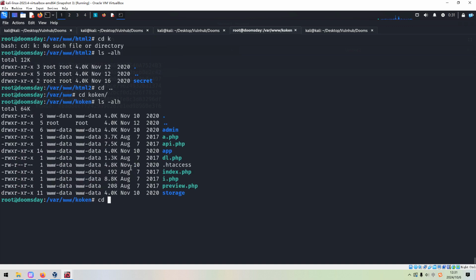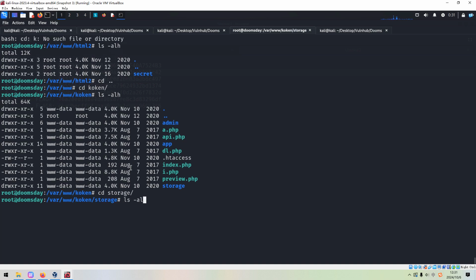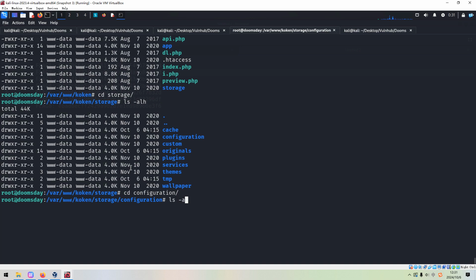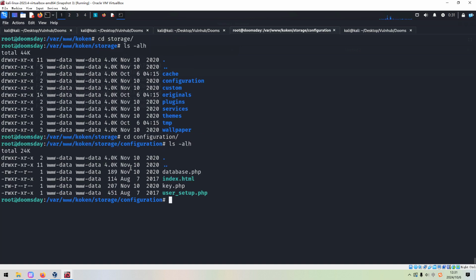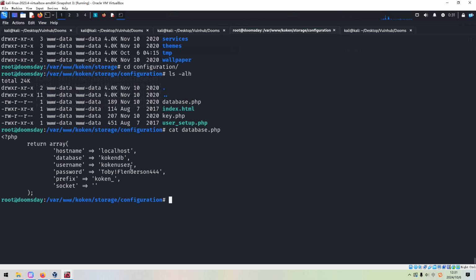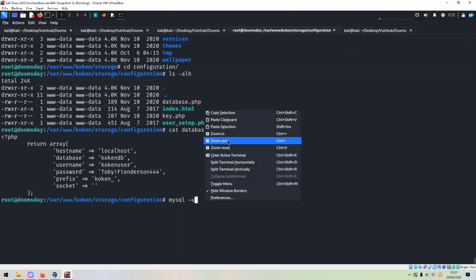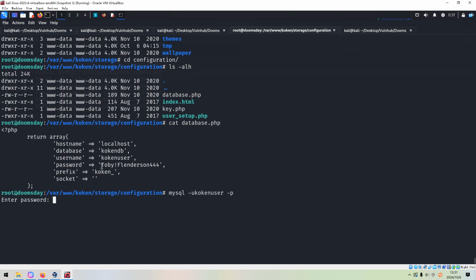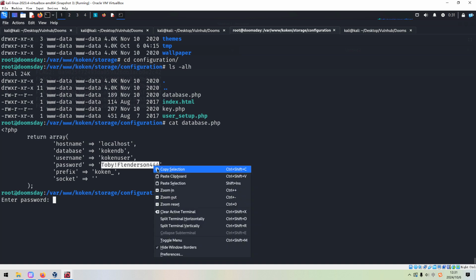Go to the storage. Of course, you can use the linpeas script to do the automatic enumeration, and then we can get the credential for the database, and then we can log in to the database or connect to the database with this credential, and we can copy this password.